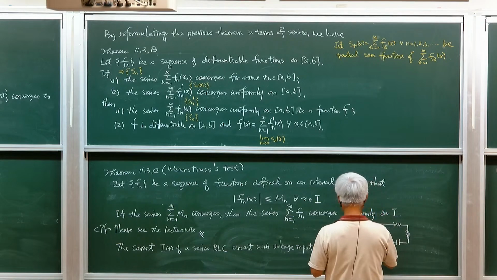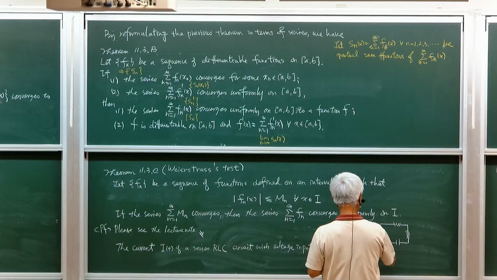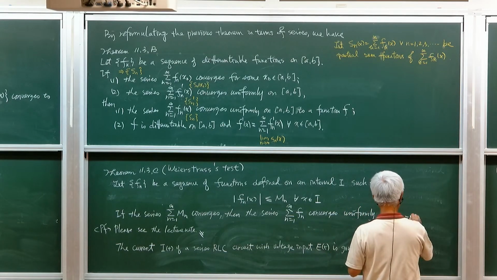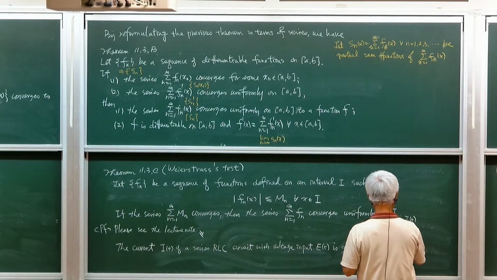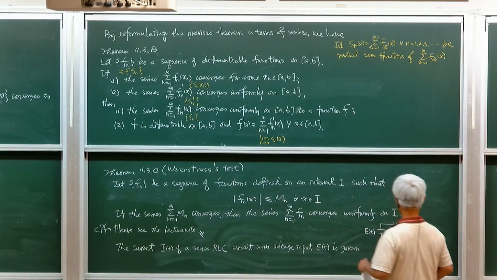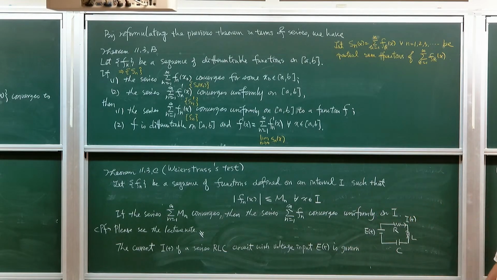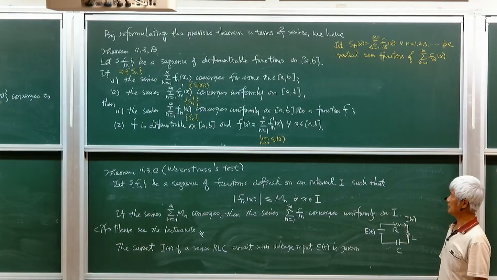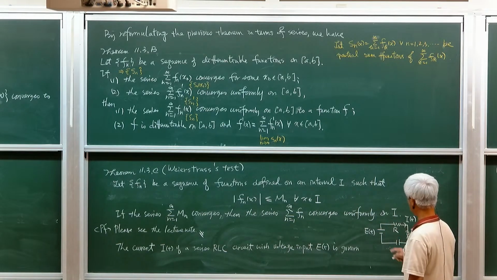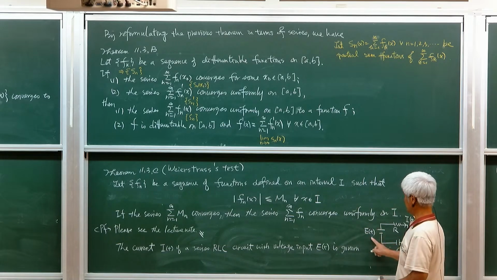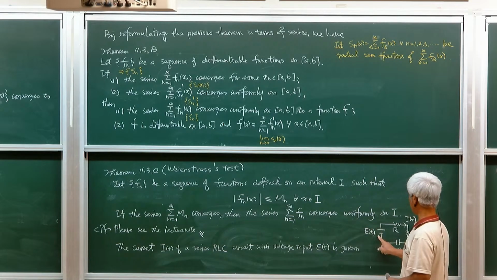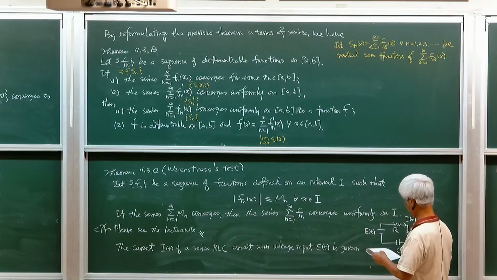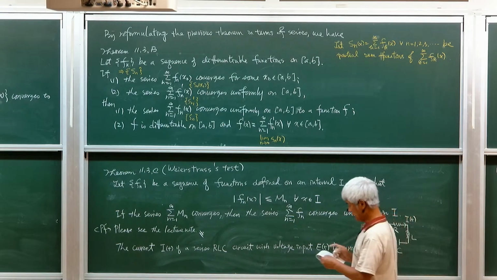And we have E of t, and the current is here. So we have RLC here. This is a typical circuit, and the driving force is a voltage input, and we have current up to here, and we know